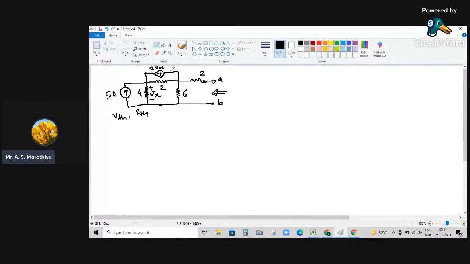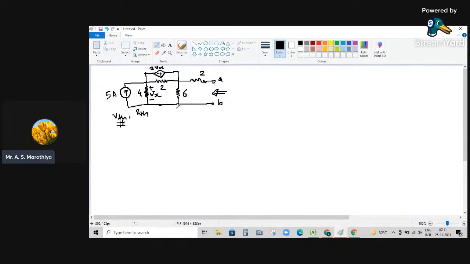VTH is quite simple, but calculating RTH is very difficult. So how to solve this, that we are going to look. First, let us try to find out its Thevenin's equivalent voltage. And I told you in the last lecture that in order to find the value of this VTH, what we